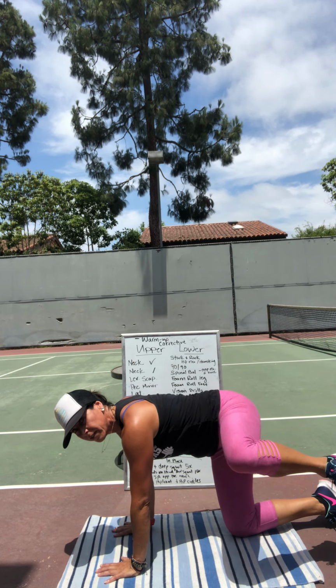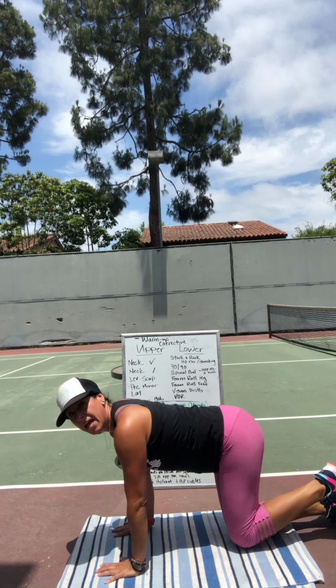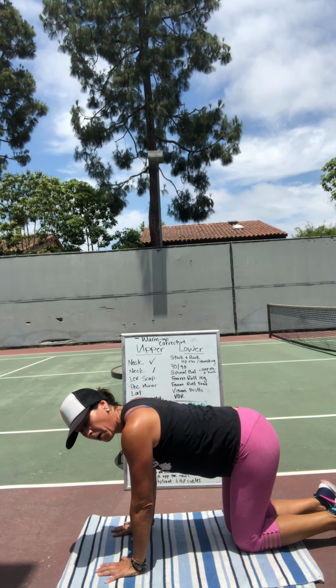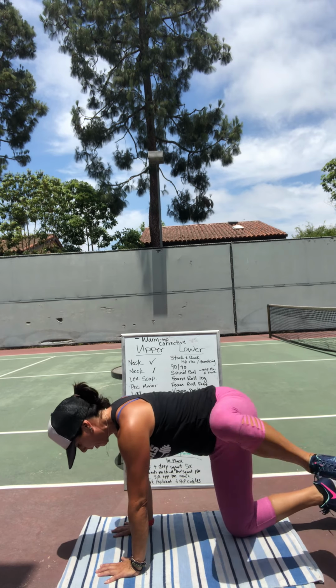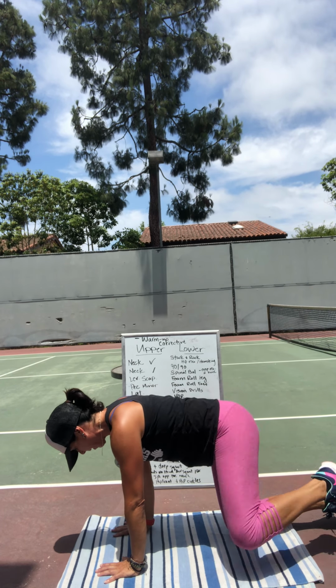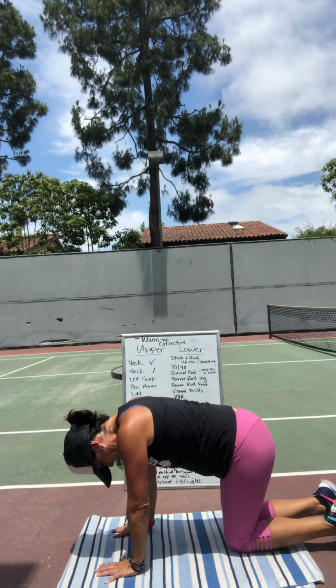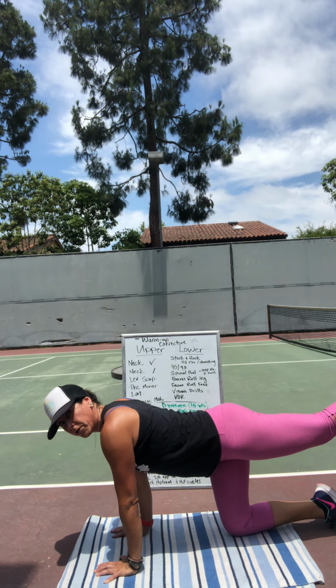So we pause, keep that toe up, and then once you've done 5 on each side with the pause, then I want 5 quick, up and down, no pause, okay? Smooth and fluid. The last one we're doing is a hip circle, so staying on all fours, we're gonna extend